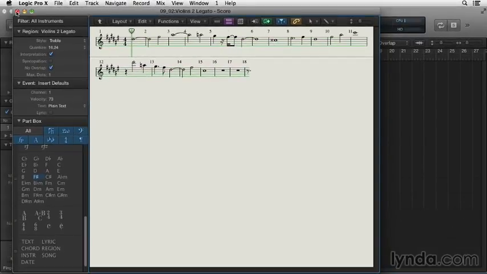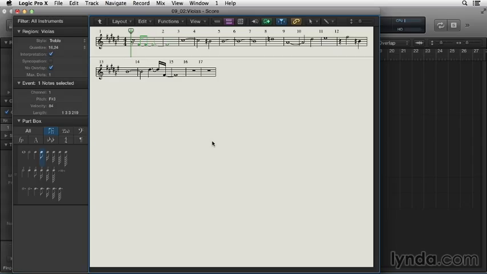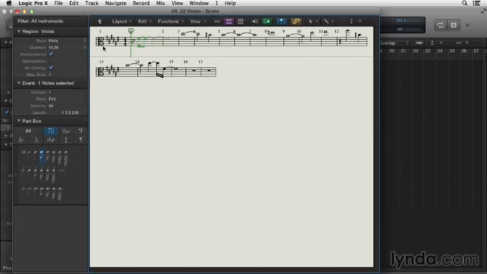Let's close this window, and let's select the viola's MIDI region. We're going to open this up in the score editor, Command 5. Now notice we're viewing this viola part in a treble staff. It turns out viola players like to view their parts in a different style staff. If I go to the region inspector and I open up the style pull-down menu, I can go down in here and choose viola. Now we get the type of staff, the alto clef, that viola players like to look